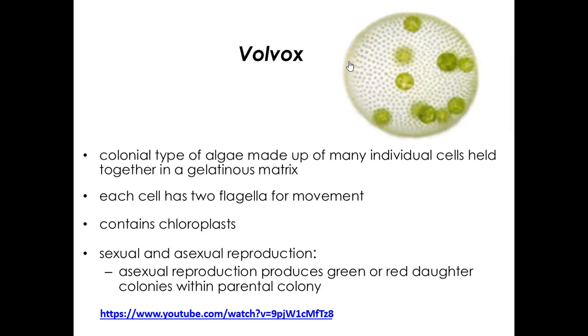And eventually this thing rips open and spills these out. And these all will go on to grow up and eventually get this big, and have their own daughter colonies inside them. So I just want to point that out. They look a lot greener than this because they're a lot smaller with fewer cells, whereas here you're getting more light to come through and you can't quite see the greenness of it. And there's a great video once again here of volvox moving around, and it's a relaxing video to watch if you choose.